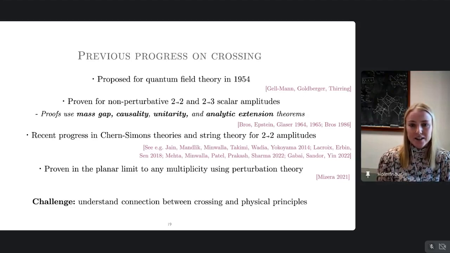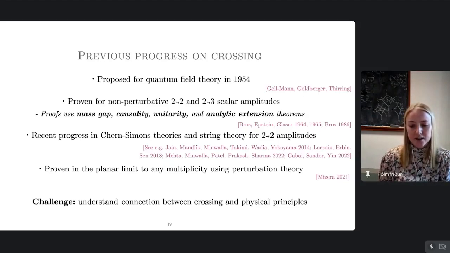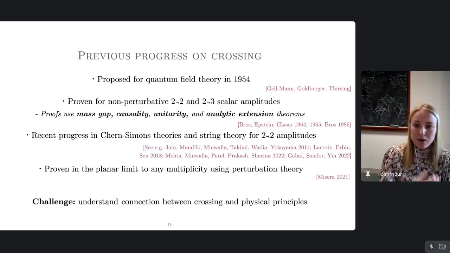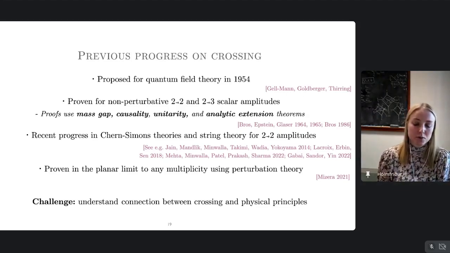And we think that part of the advantage for us was basically realizing that what they had found in these papers on 2 to 3 was actually different observables. So what they thought at the time was just that it was some random analytic continuations of the scattering amplitudes that didn't have any physical interpretation. So that's actually one of the points that we're very interested in, precisely understanding this connection between crossing and physical principles. But for sure, in the case of scalar amplitudes, they don't have,